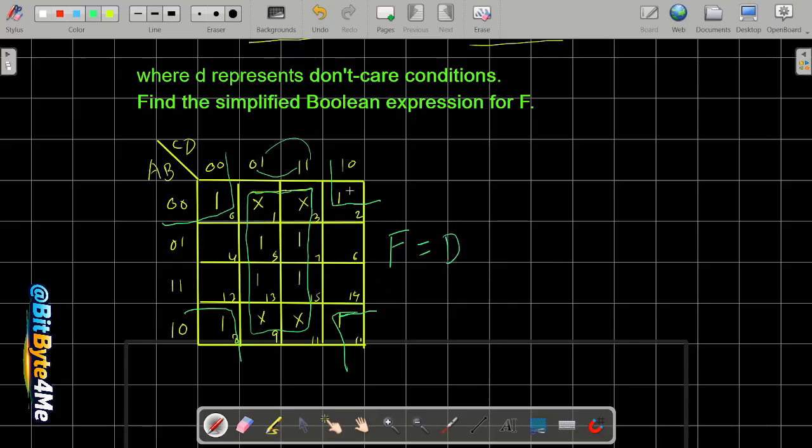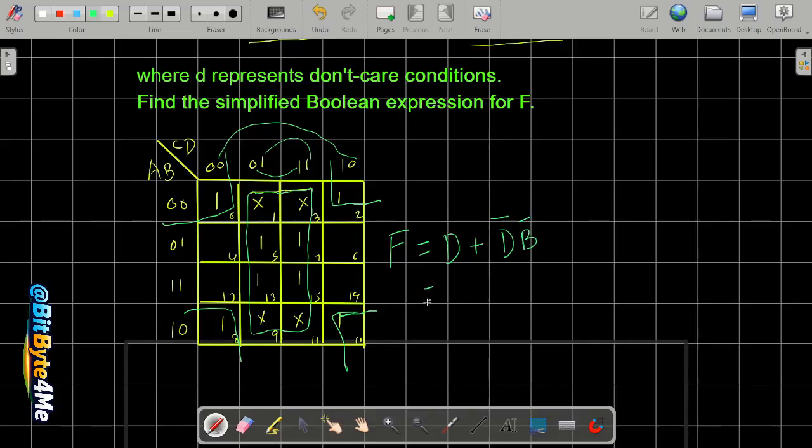Then in this quad, 4 ones in this quad, we see how the values change on the horizontal. 0 1 1 0 and 0, so the second value remains the same. The value for d remains the same, but it's 0, so we will write d bar. On the horizontal side, the value of a is 0, here it is 1, so we can't take a. The value of b is 0 and 0, so we can take b, but it will be 0, so